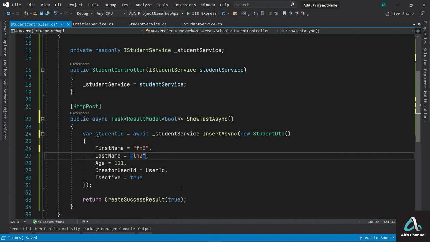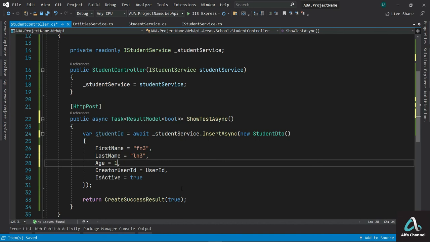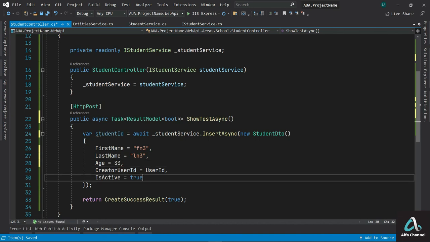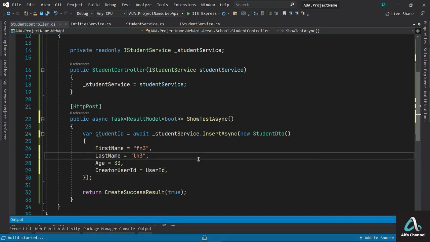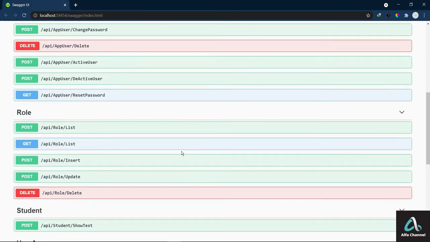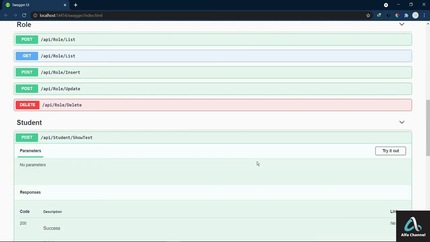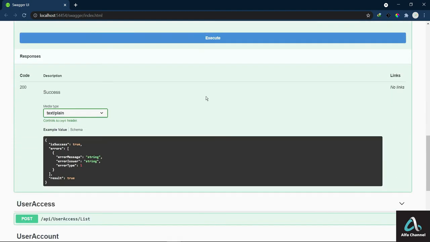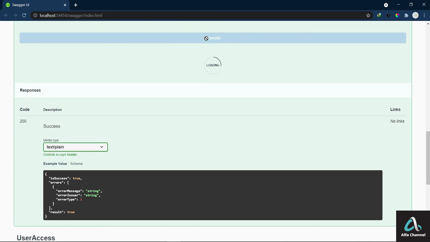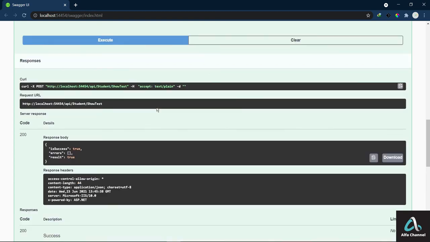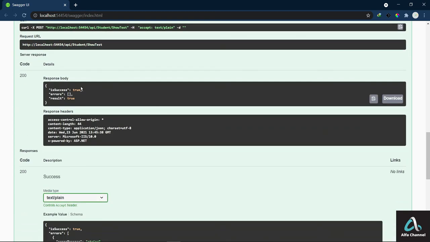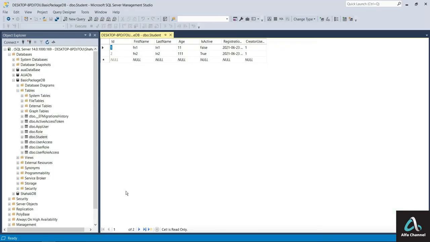FN3, LN also 3, and 33 is active, nothing. Run the project. Well, student here, try it out, and executing. The success is true,